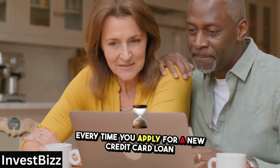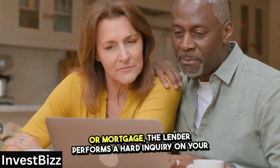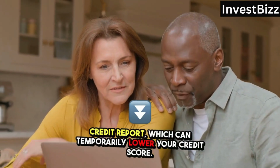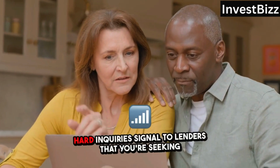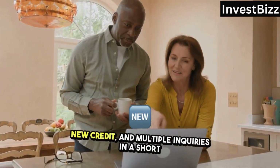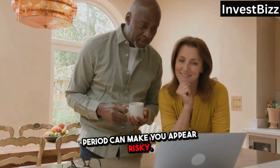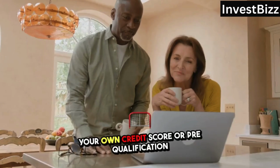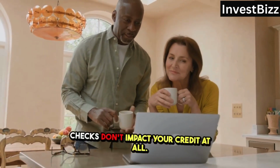Every time you apply for a new credit card, loan, or mortgage, the lender performs a hard inquiry on your credit report, which can temporarily lower your credit score. Hard inquiries signal to lenders that you're seeking new credit, and multiple inquiries in a short period can make you appear risky. In contrast, soft inquiries, such as checking your own credit score or pre-qualification checks, don't impact your credit